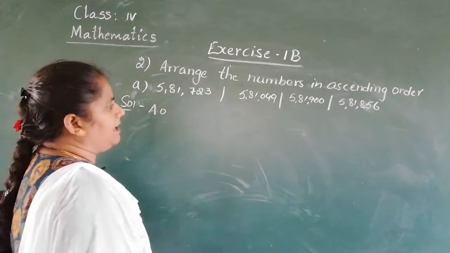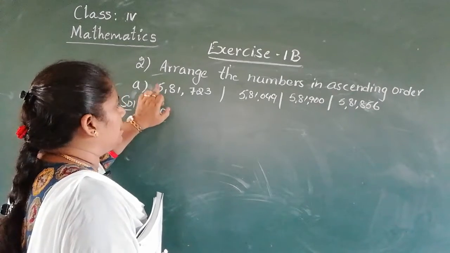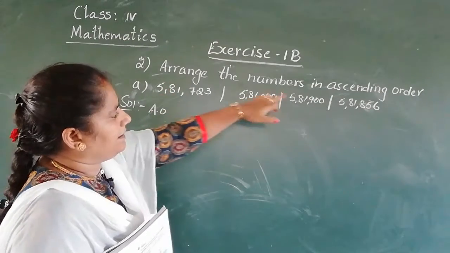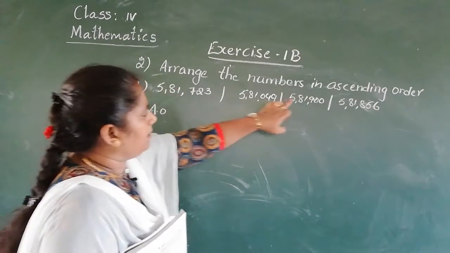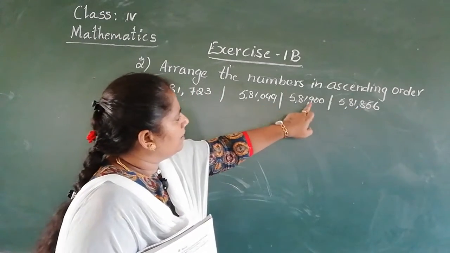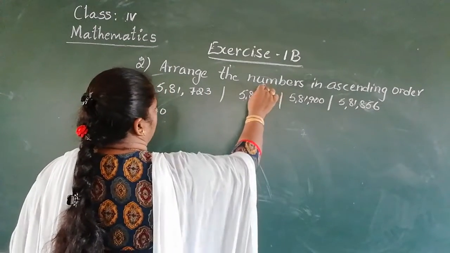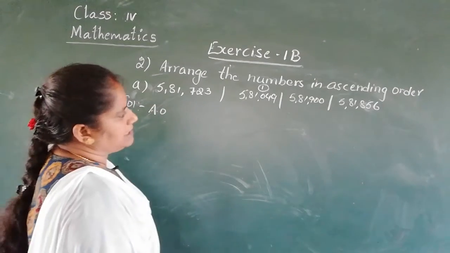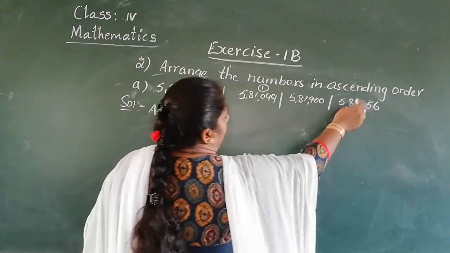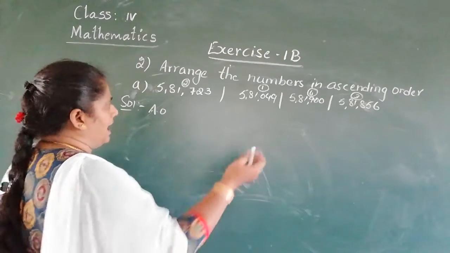Yesterday also explained, Nana. So all are 6-digit numbers. So first you see the lakh place. 5, 5, 5. Okay. Same. Now you compare the 10,000s. 8, 8, 8, 8. Next 1, 1, 1000, 1000. Next 700, 0, 900, 800. Among these, 0 is the smallest. So you have to give the numbering 1. And the next smallest number is 7, 700. Next 800. Next 900. Finish. So after numbering, you write according to that number.